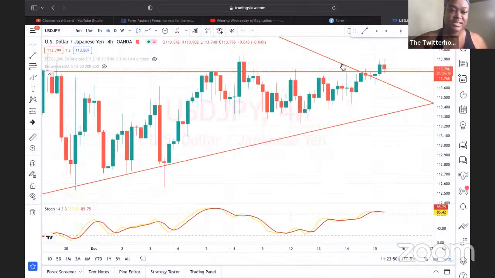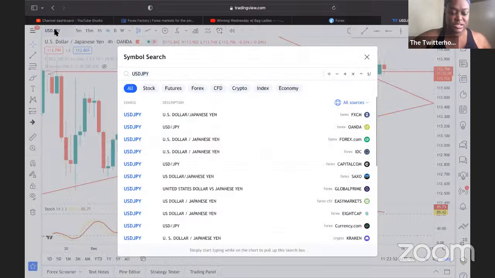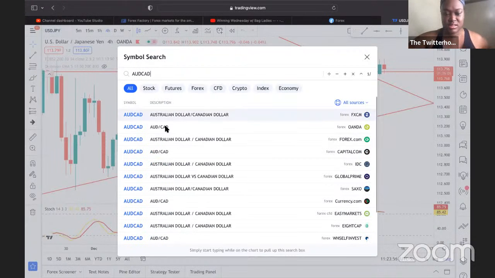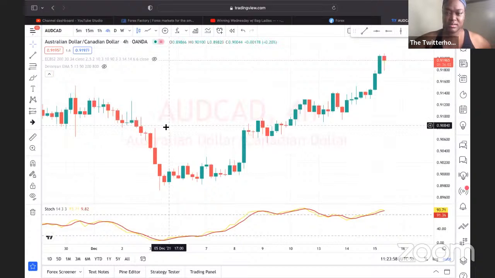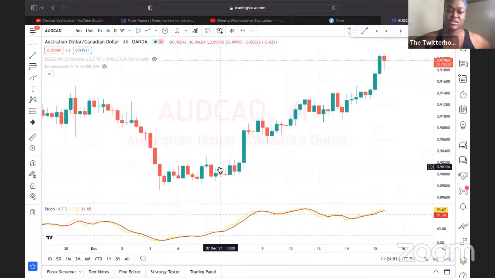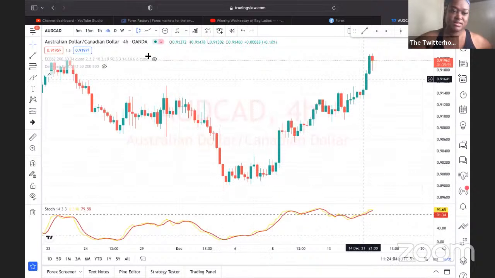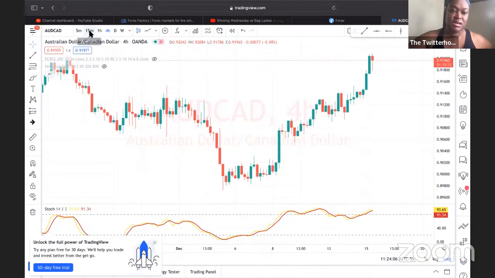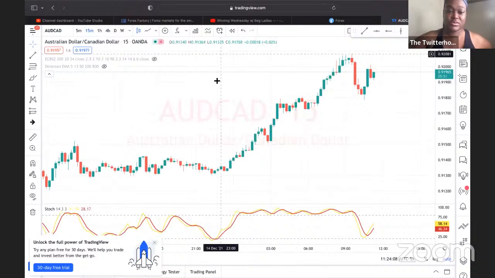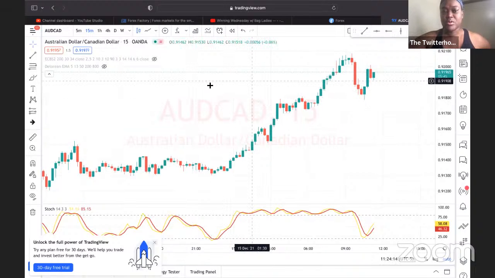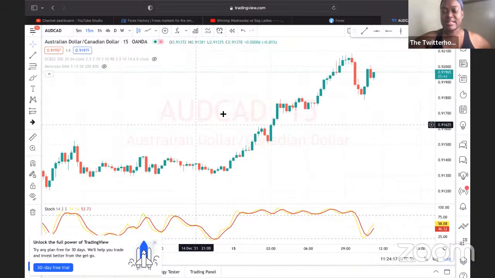that was an alert I had. Once you're here, you want to take a look at AUDCAD, and we said it's bullish. And what do we see? We see it's looking like that. Oh, it was going on a pullback on that time frame. All right, so we would analyze AUDCAD here.